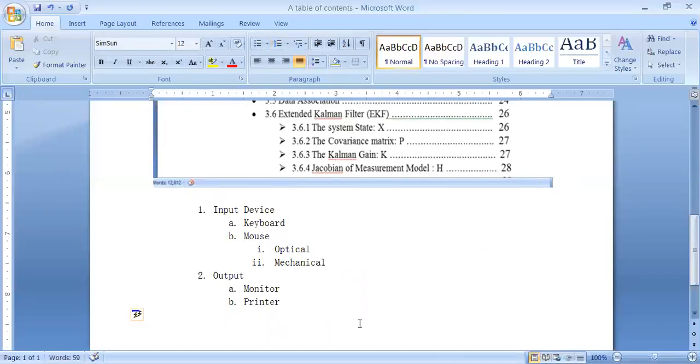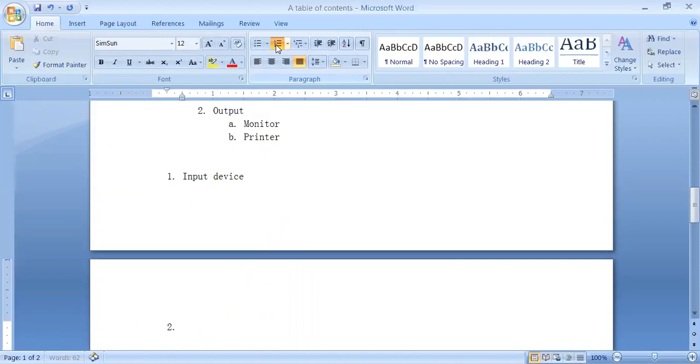For example, the same thing will be printed, but you will not see any option over here. I am starting with the number 1. Now I am writing here input device. Now the tab key is pressed. You cannot see any drop down menu or any change list option, but you can see here.